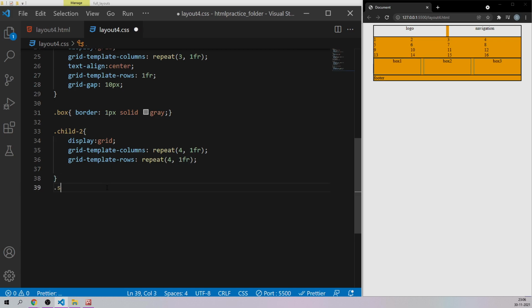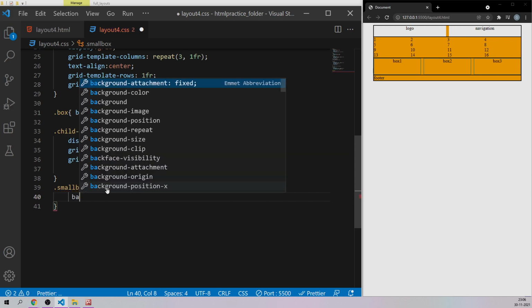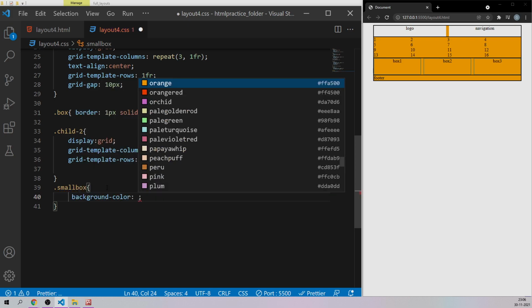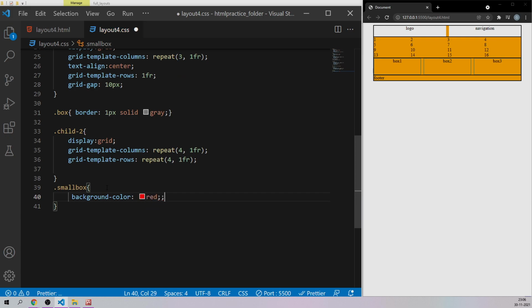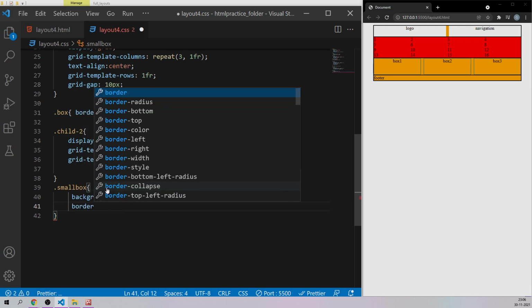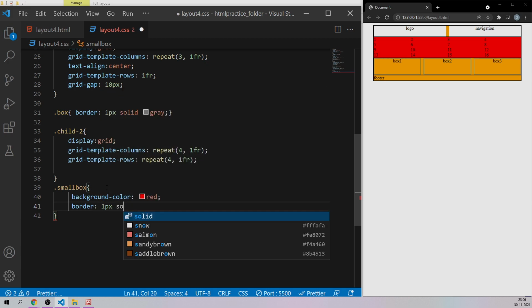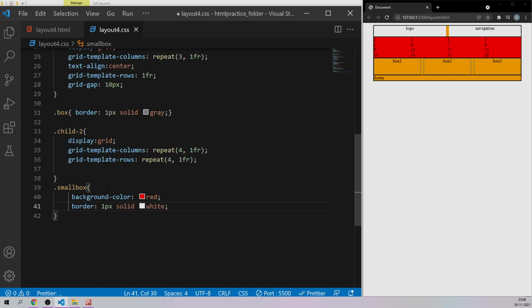Dot small box is a common class name for all the 16 elements. Let's say background color. For the time being, I'll keep it as red, just to distinguish them in a different color. And let's give a border as well: 1 pixel solid, let's say white, like this.